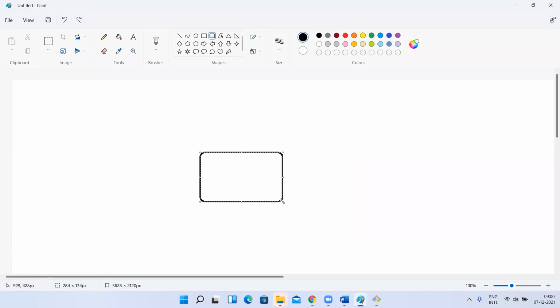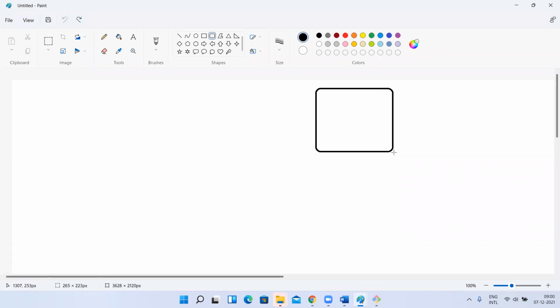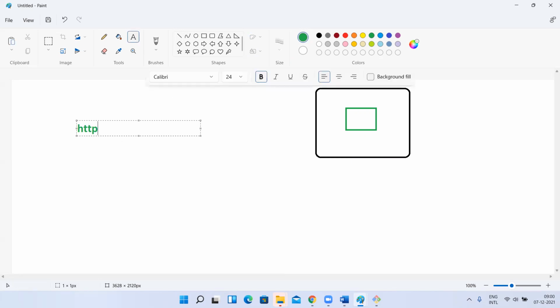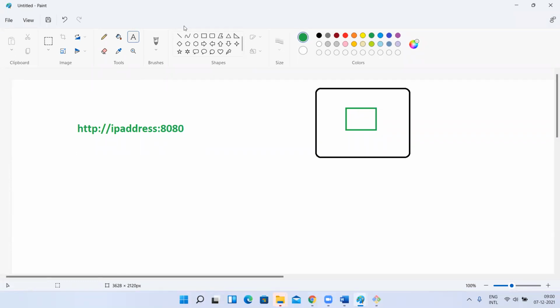I have an EC2 instance. By creating this Linux instance, I deployed one website here using some application servers or whatever it is. Now, how will users access this? With an IP address, for example http://public IP address of that machine, port number 8080, something like this. I have to access it. Yes or no?